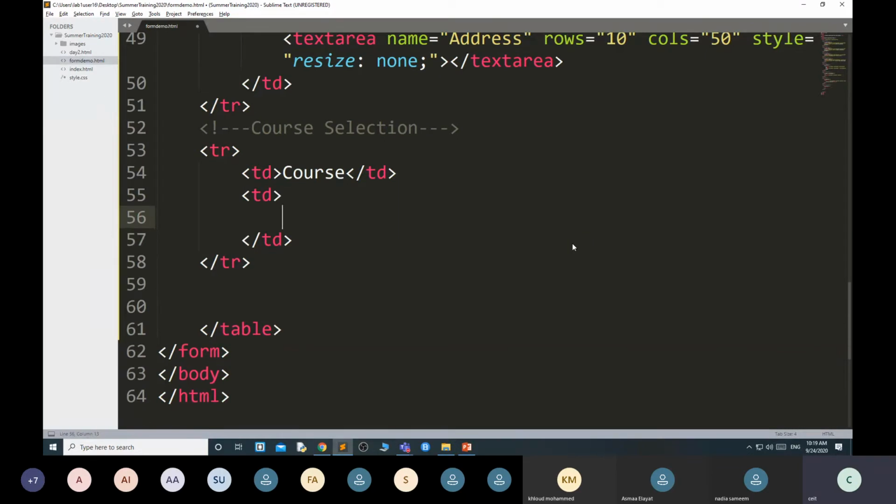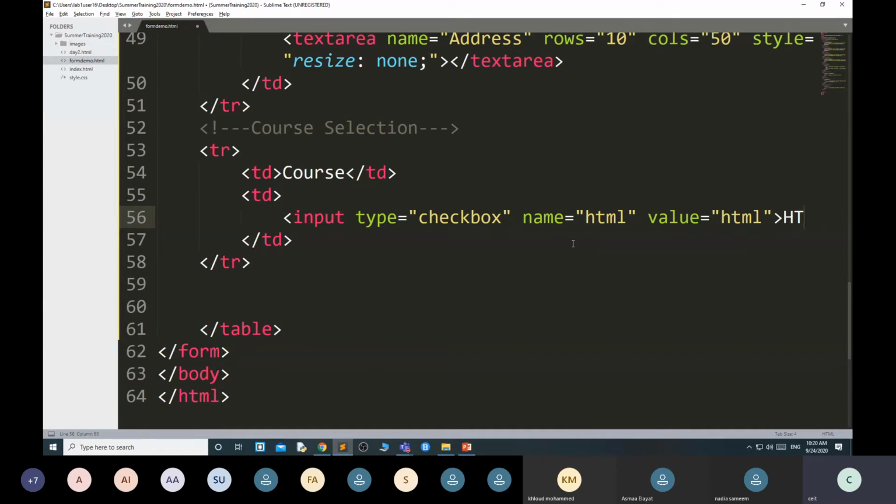Then here we have input type checkbox. Name, suppose HTML. Again, for checkbox also value is required, because based on your selection, that particular value will get stored. That's why value HTML.